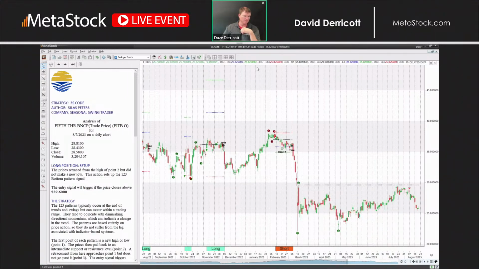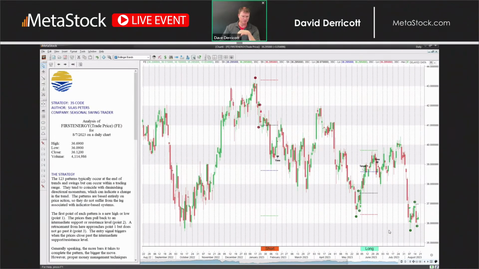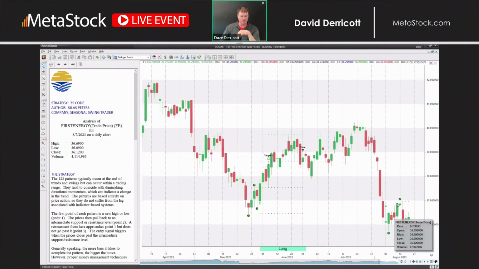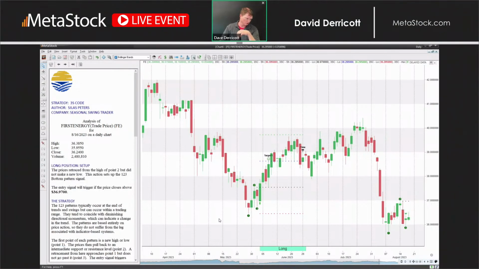So this is a 5th for benchmark, and we're going to go back and look at our last signal. So we did actually have a pattern again, but we didn't have any signals. This is just a good way to show you how the setups work. And here's actually a really good example. Most likely I'd probably get a signal here in the next bar or so because it would break through the break line. But I had my 1, 2, 3 setup. This would be one to definitely keep on your watch list.